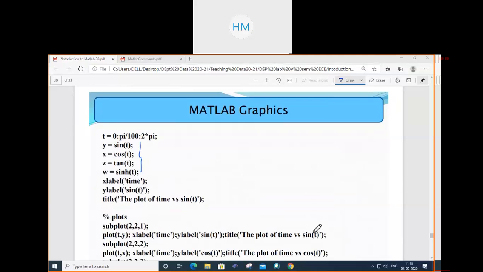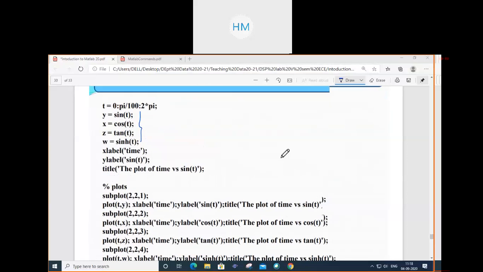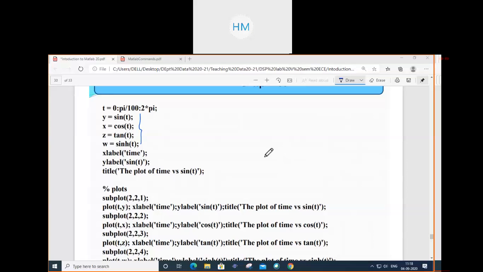What are the subplot parameters? No idea. Okay, so write down in your copy subplot m comma n comma p, which divides m, n and p.